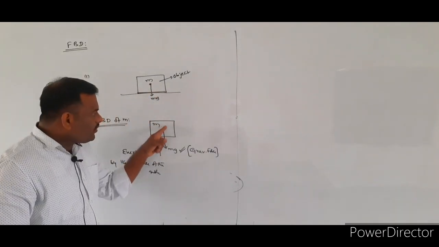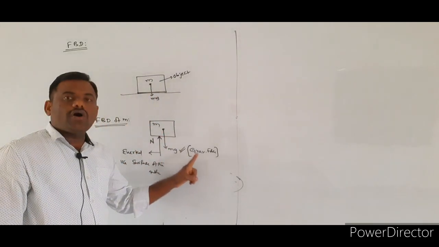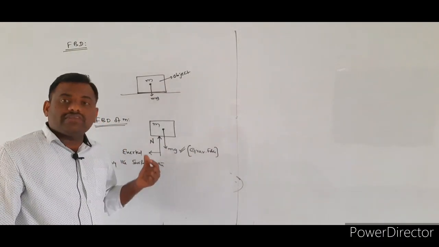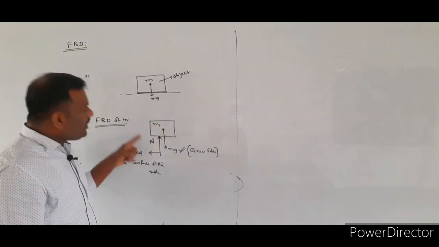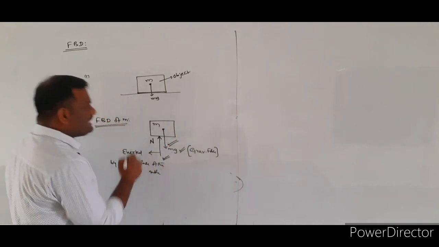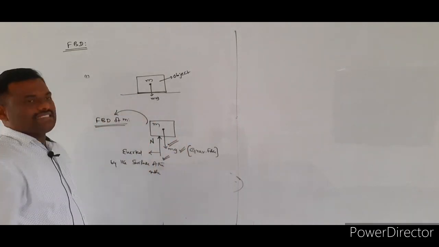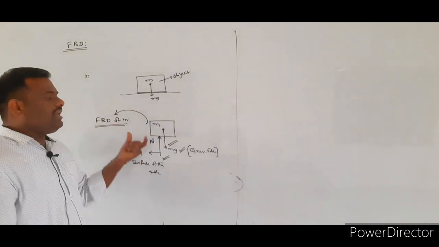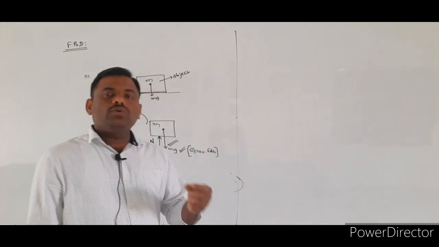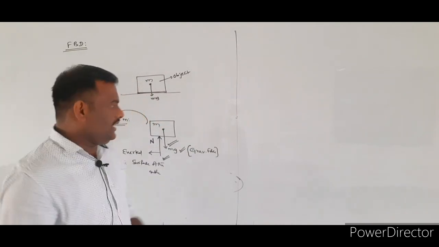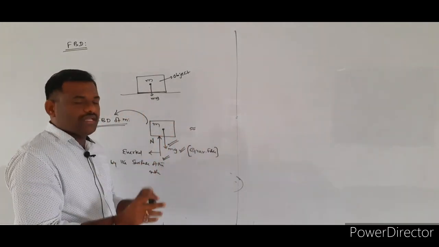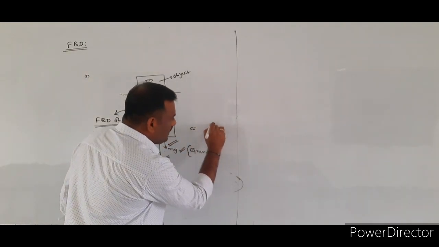One is the weight of the body that is acting in the downward direction, which is caused by the gravitational force, and another contact force is caused by the surface of the table. So over the given object, two different forces will be there. If you represent the forces like this, this particular diagram we call a free body diagram. Whenever multiple objects are there, to represent the free body diagram more easily, I will represent like this. The total body, whatever mass you consider, that total mass will be taken as a dot.